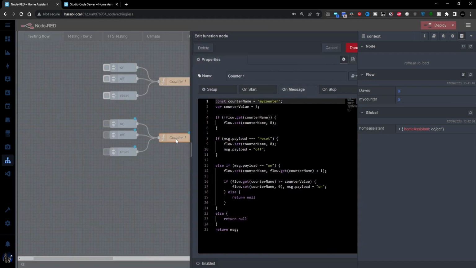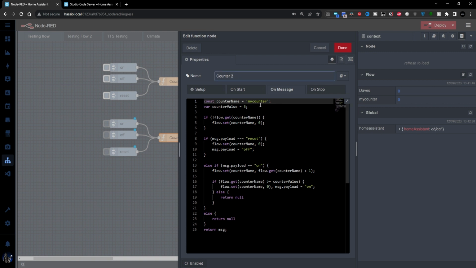And in this one, first of all, I need to give it another name. Now, I'm already using my counter. I don't want this counter to be interfered with by picking up values of that one. So I'm going to give this one another unique name. So every time you make a new one, just make sure that you give it another variable name that this is going to save. So I've already used Dave's, so I'm not going to use that anymore. Let's call this another one.